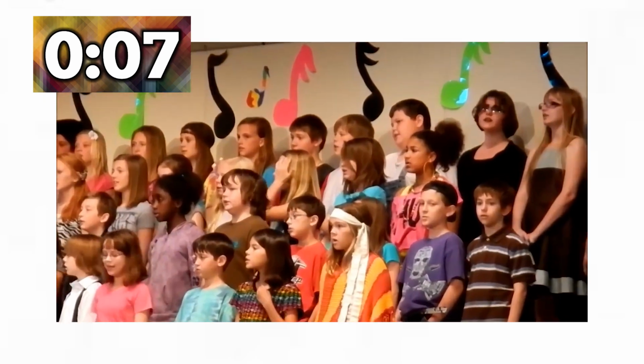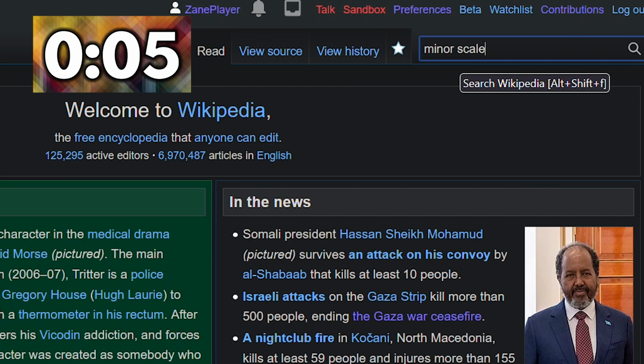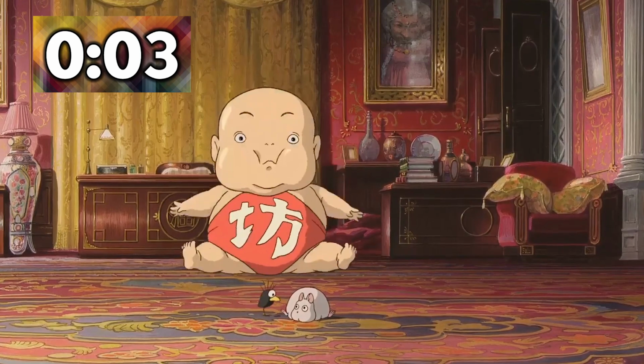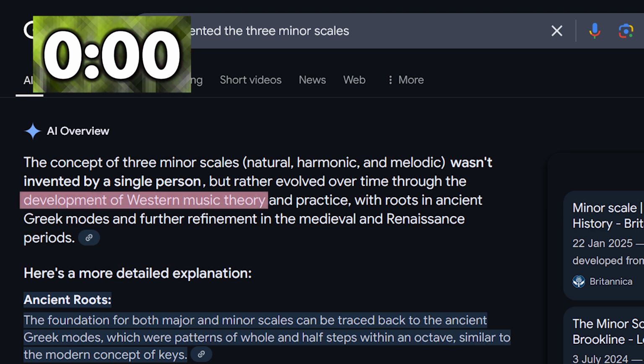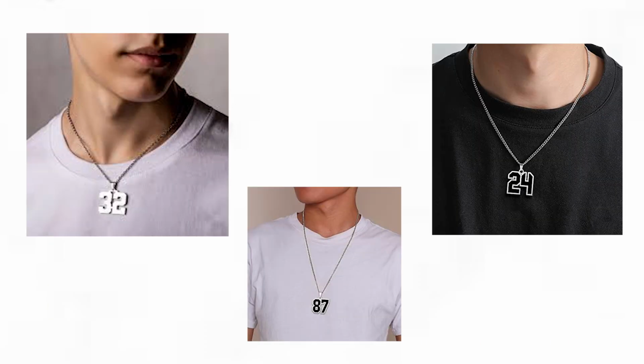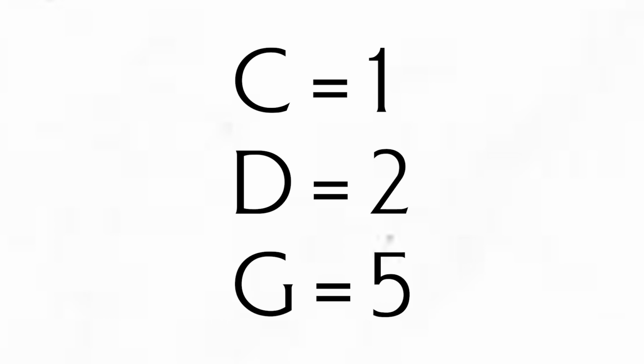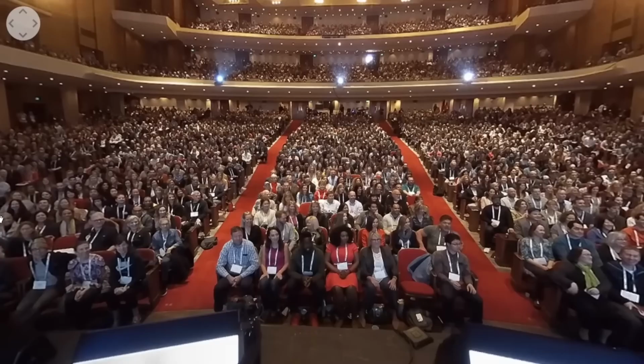The minor scale is harder to harmonize because there's 3, so you're just going to have to look them up on Wikipedia. Sorry, but don't blame me. Blame the evolution of Western music theory. Major for the moment. Now, we turn those notes into chords, so now we'll label them by numbers. C would be 1, D would be 2, and G would be 5. Why did I skip 3 and 4? You'll see right now.